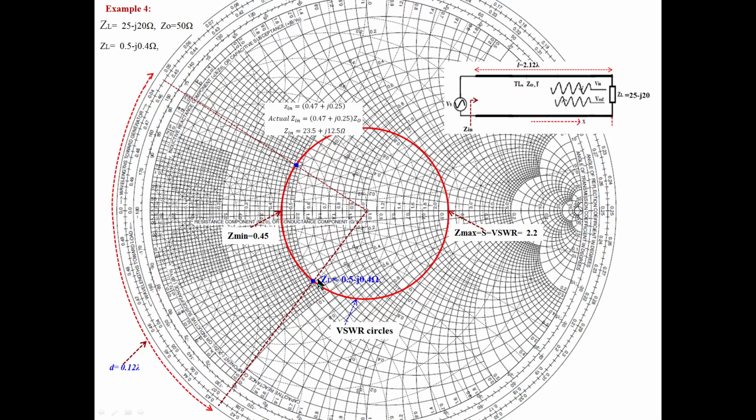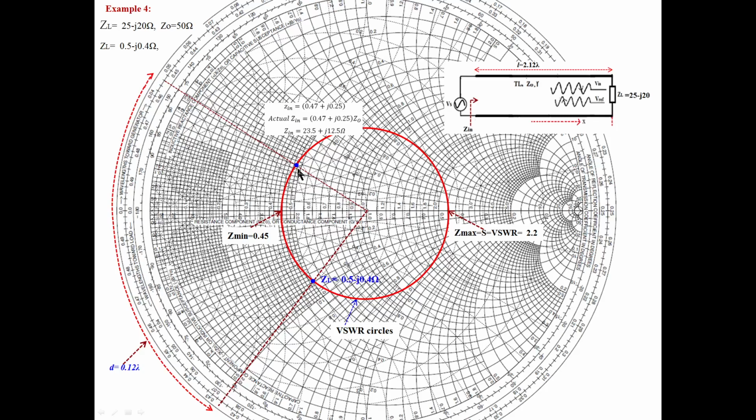So you complete from here 4 times. Then we will be completing 2 lambda, and for the remaining 0.12 lambda, you start from here at the load and move that much distance. That is 0.12, 12 divisions actually, starting from here; you move 12 divisions. Okay, we will be coming to here. You stop here. From there you draw a line.